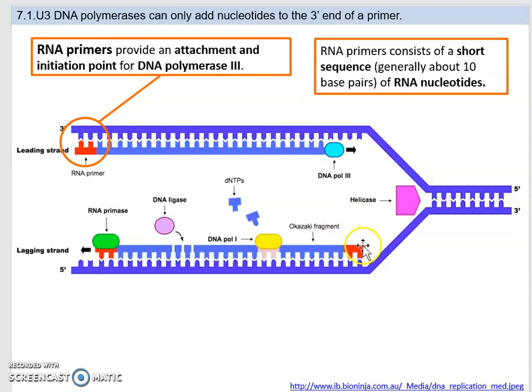lagging strand, we've got discontinuous replication by DNA polymerase 3. But again, in order for DNA polymerase 3 to join on this lagging strand, we need to have, first of all, the insertion of a primer. The primer then allows for DNA polymerase 3 to bind, and then DNA polymerase 3 is going to make this section. Then there's going to be another primer, and DNA polymerase is going to work its way along. Now, these fragments that are made are referred to as